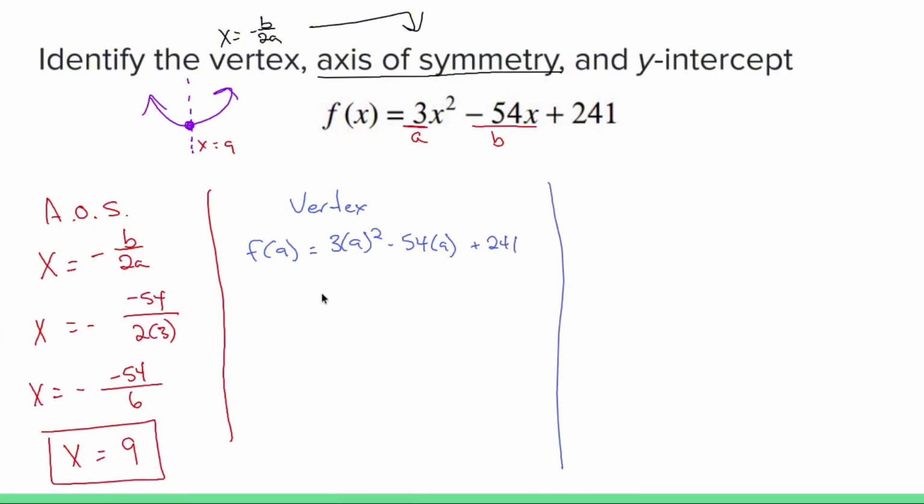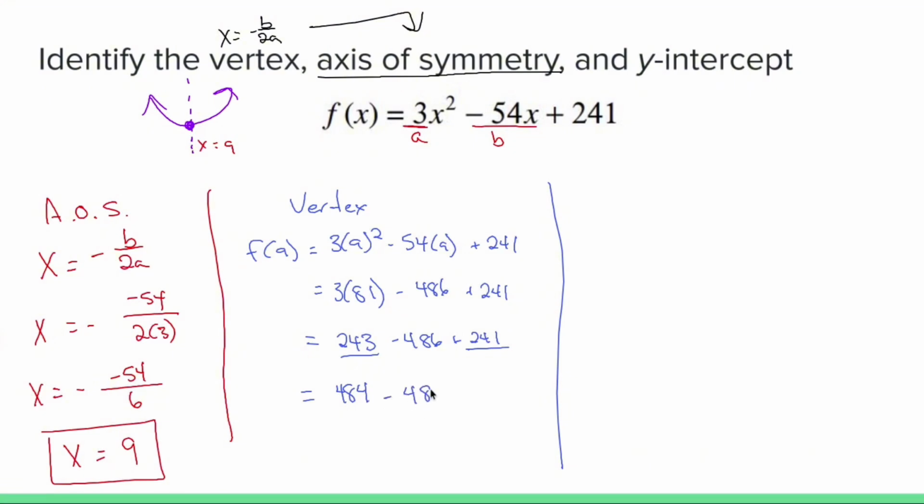Okay, so that is going to be 3 times 81 minus 486 plus 241. 3 times 81 is 243, minus 486, plus 241. Let's do this. Since I don't have a calculator handy, why don't I add the two positives together and hope for the best? When I add the two positives together, that gives me 484